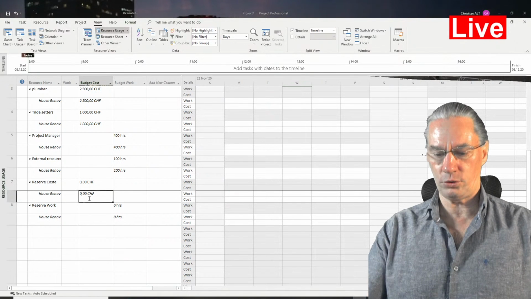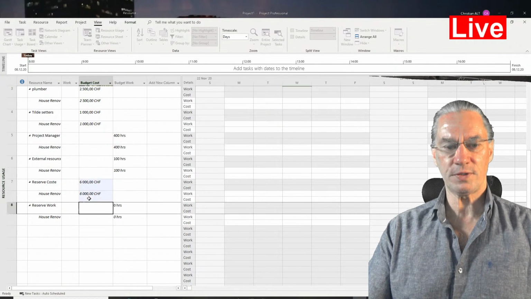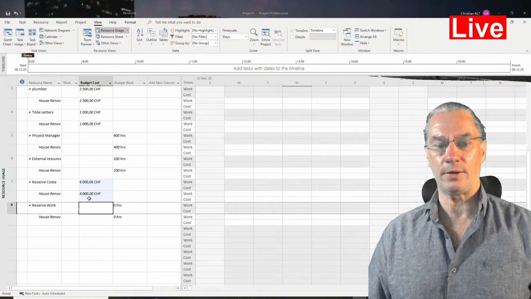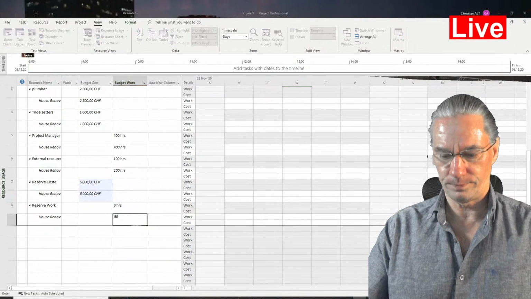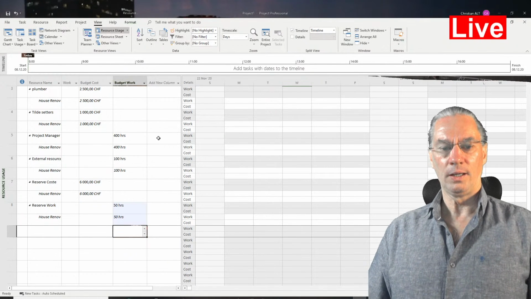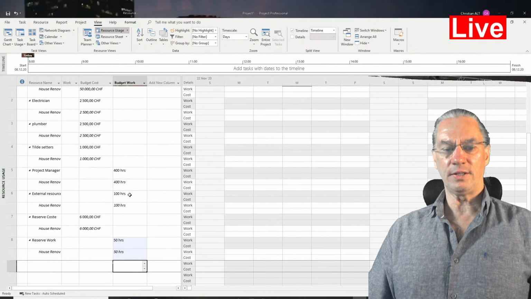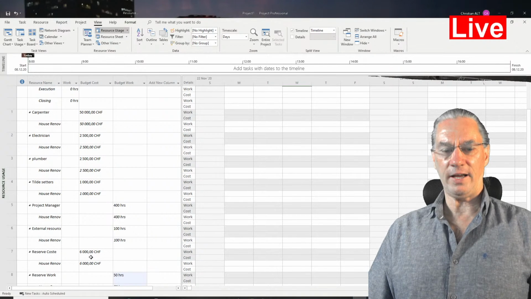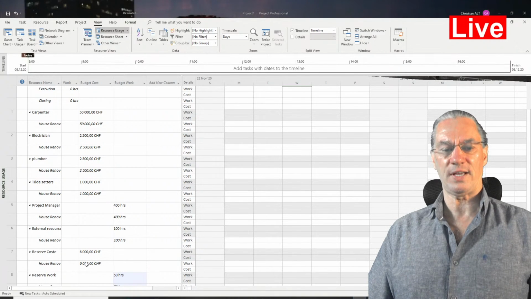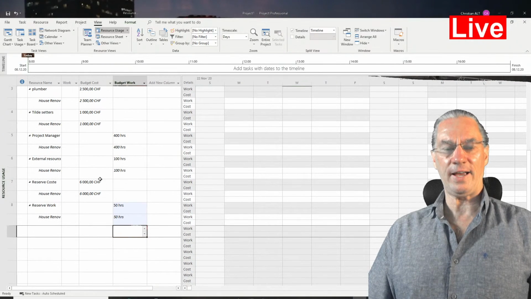So we said we are going to add 10%, which is more or less 6,000 Swiss francs to that project, or 6,000 euros. And for the house renovation, I'm going to add 50 hours. So far, I have here the detail of my budget, in the sense that I have for each resource the cost, and I have here down the reserves I need with those two resources I added.